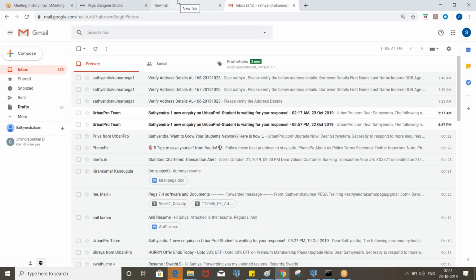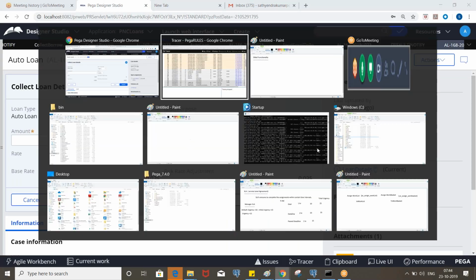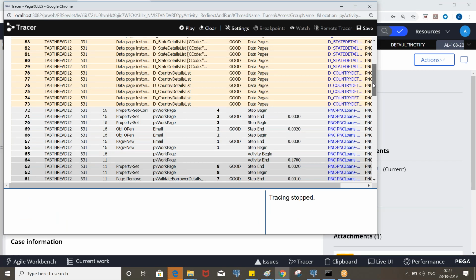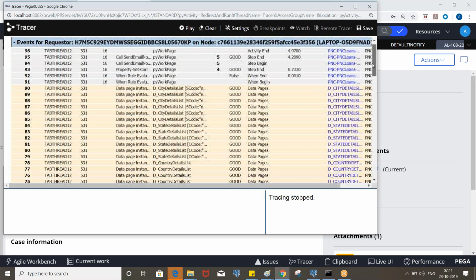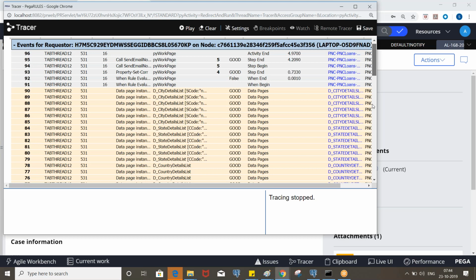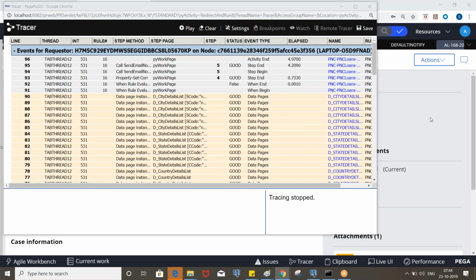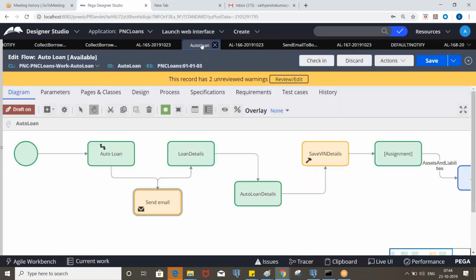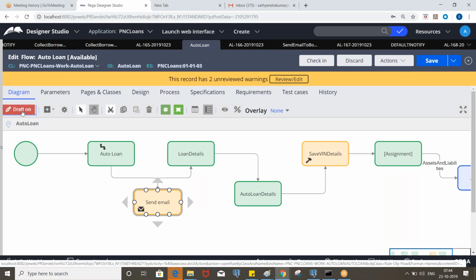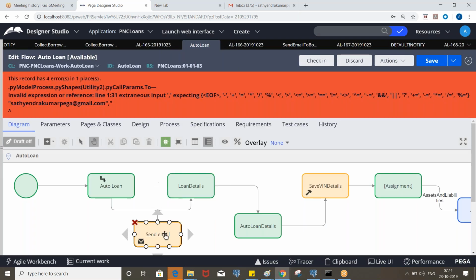So we should not put the email in the quotes, and even then it is not placed, right? Okay, see here.